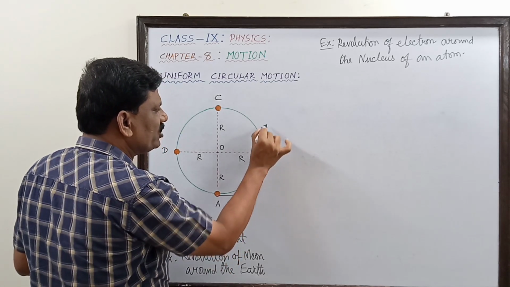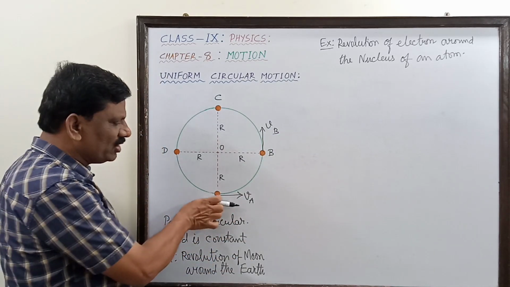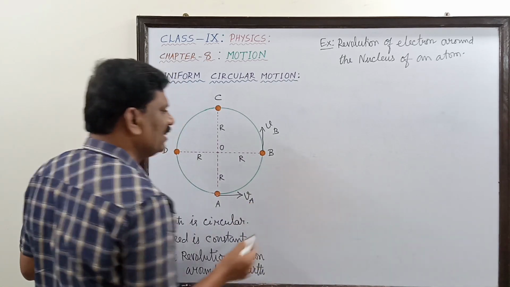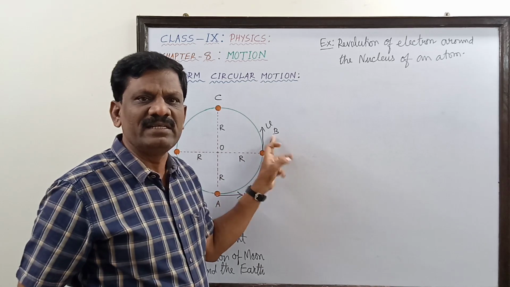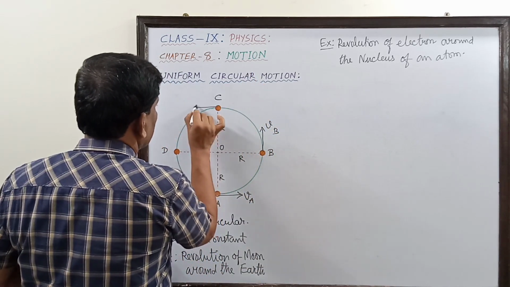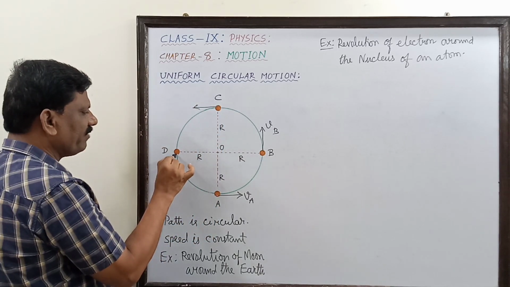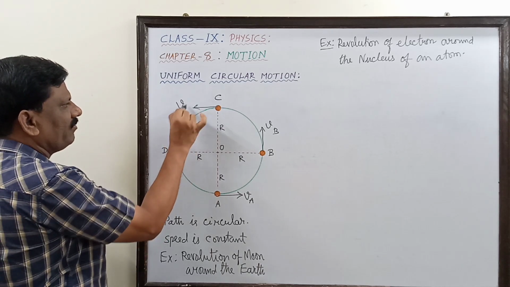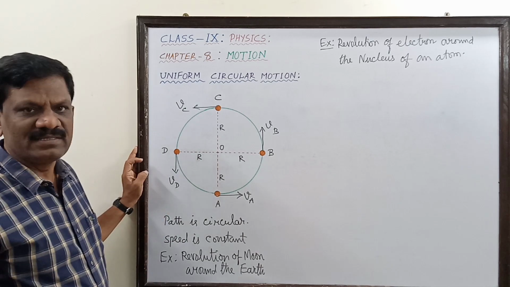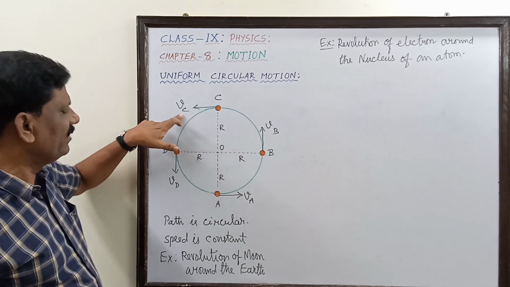will be continuously changing. You see here, the velocity of the particle at A is tangential to the circular path, and this is towards the east. And at the point B, the direction of the velocity is pointed upwards towards the north. Similarly, the direction of the velocity at point C is pointing towards the left, that is west. And finally at point D, the direction of the velocity is downwards, that is towards the south. So this is towards the east, this is towards the north, this is towards the west, and this is towards